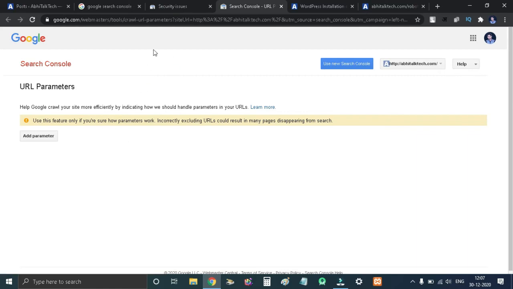So what are the parameters? In the URL, after the question mark, you can see several parameters given. All these are variables passed from your browser to the server, and likewise the server processes that. But if you have a simple blog, there is no need to modify this. This is for websites that use parameters.